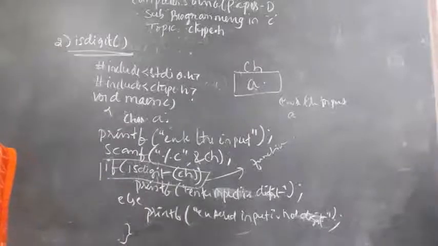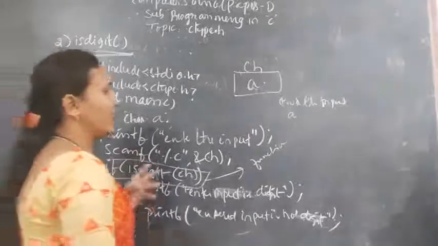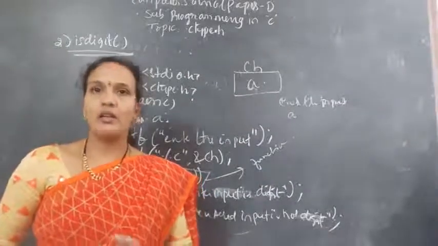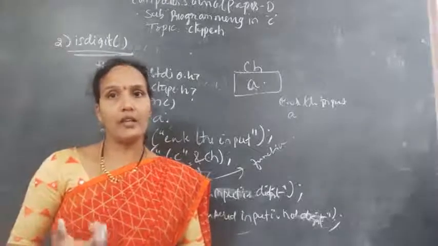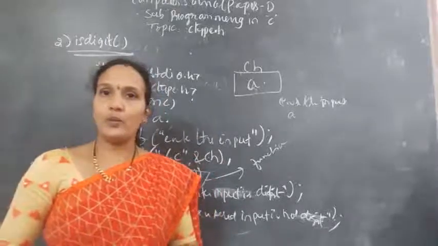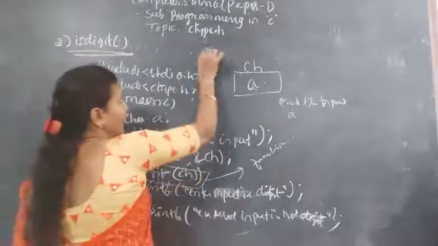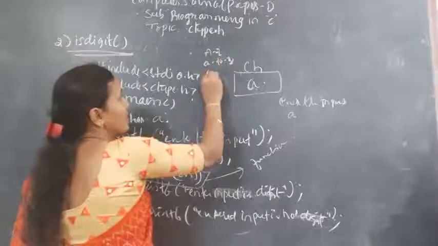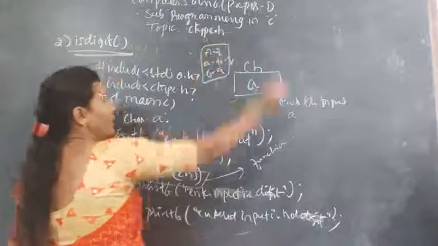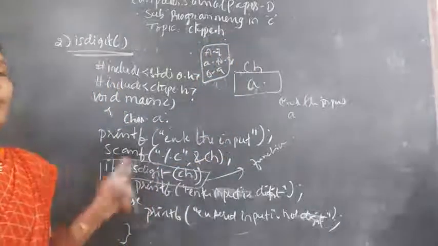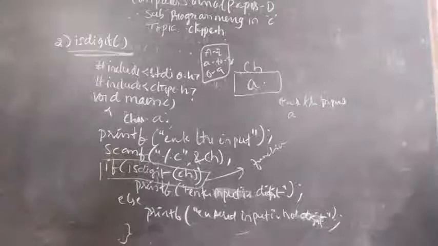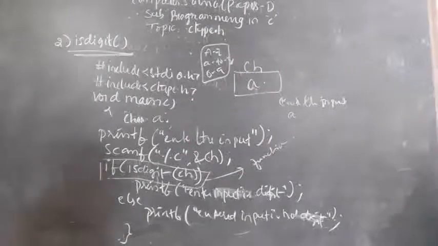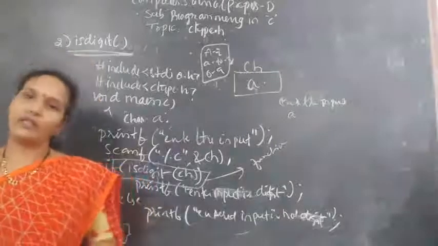Isalnum. Here we supply an alphanumeric value, and it will check whether the given input is alphanumeric. Alphanumeric means what? Which characters does it have to check? Capital A to Z, small a to z, and 0 to 9. Whatever character you have entered should be between small a to z, capital A to Z, and 0 to 9. If you have given a character or any number value, it will give true, otherwise it will give false.